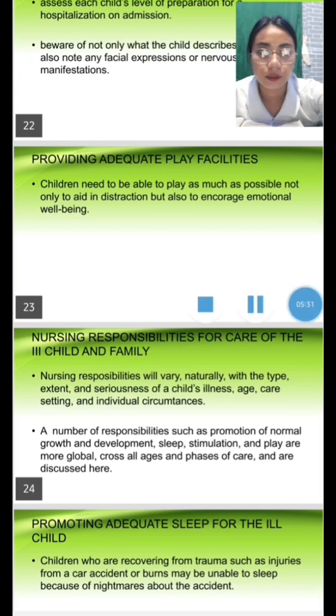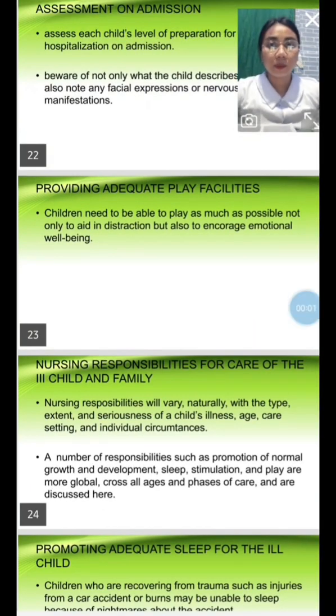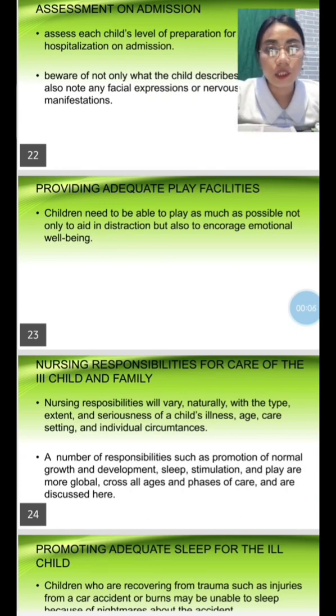And so, let's proceed to providing adequate play facilities. Children need to be able to play as much as possible, not only to aid in distraction but also to